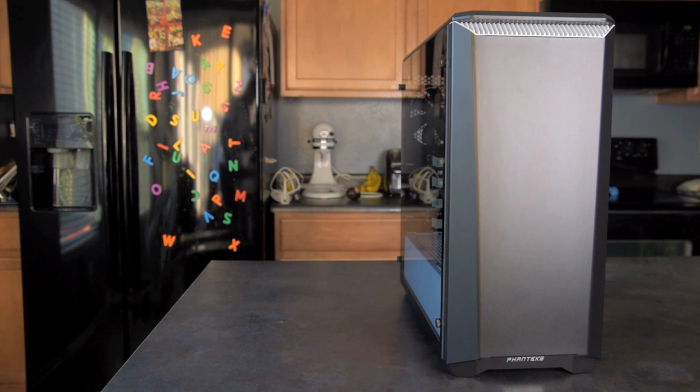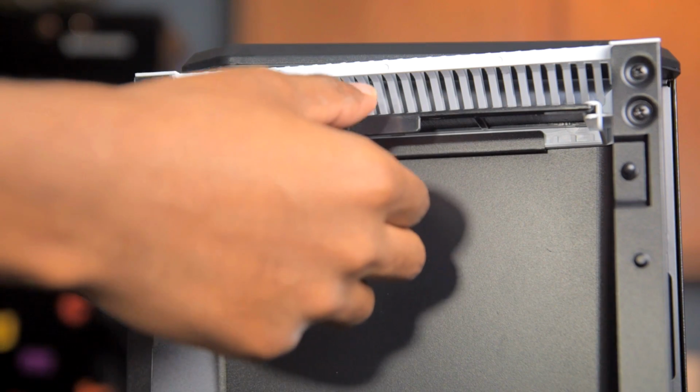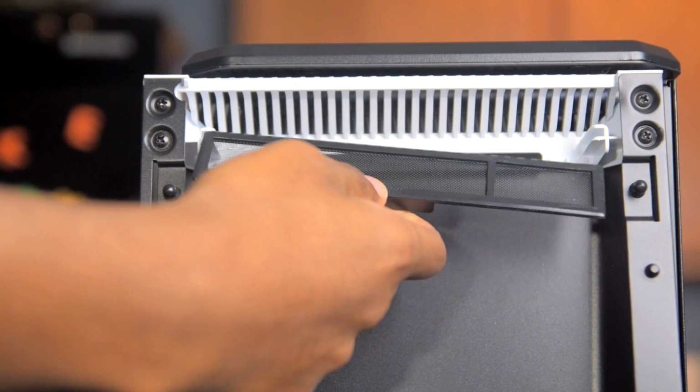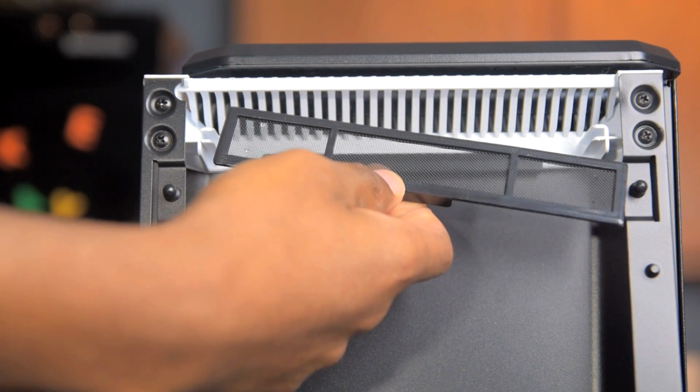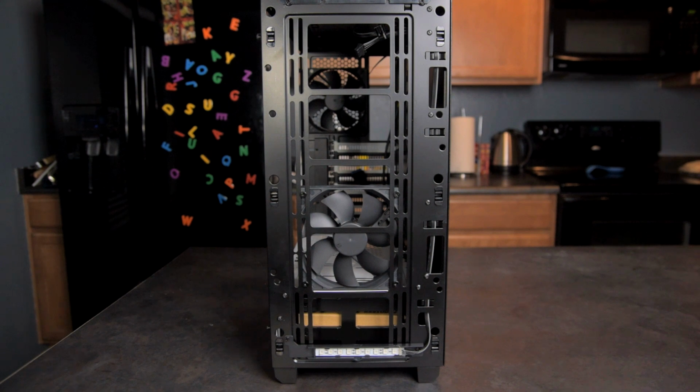So we've got a plastic panel up front along with vents on the top and bottom for airflow. Both vents have these tiny removable filters to keep the dust buildup to a minimum, although it looks like a little dust may squeak past the top filter. I think covering the entire front intake would have been a better solution, but I'm sure this was done